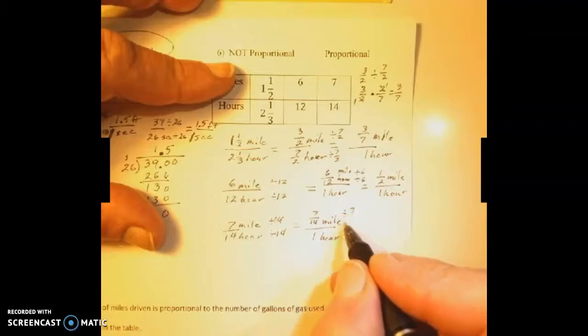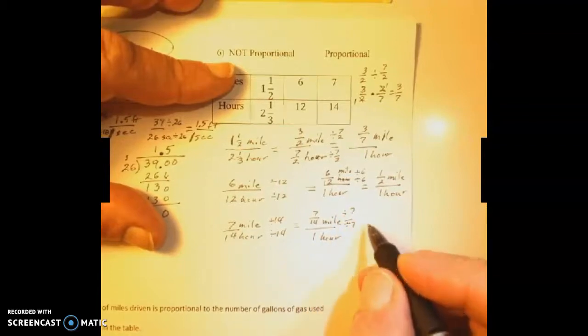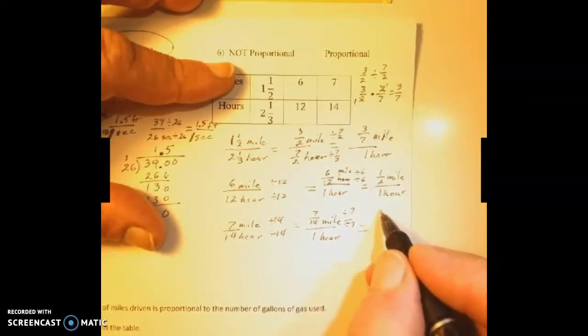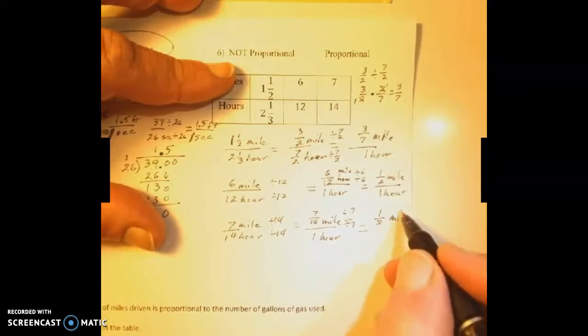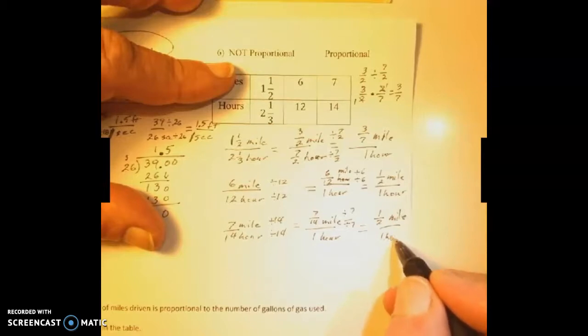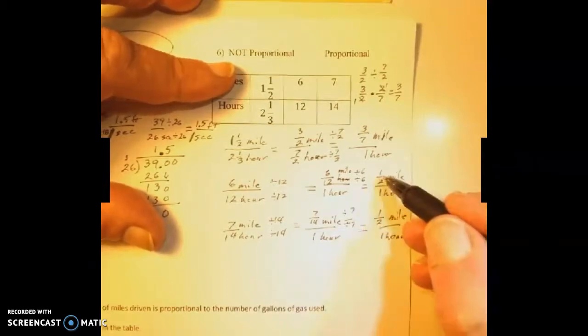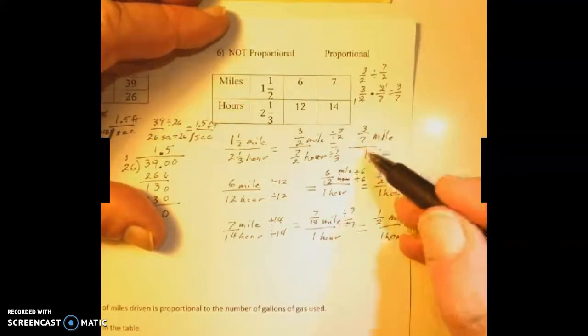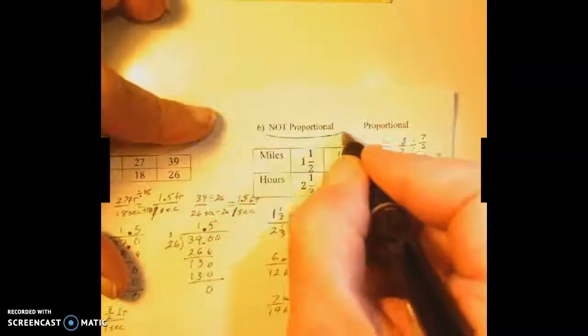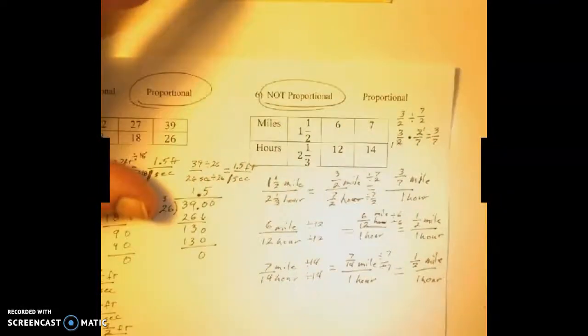Those can both be divided by 7, and you are going to get 1/2 of a mile in 1 hour. And the issue is all 3 of these rates have to be the same. 2 of them are alike, but that first one is 3/7 instead of 1/2. This is not proportional. All 3 have to be